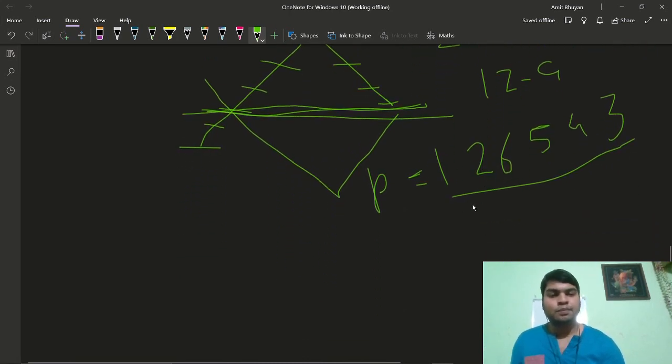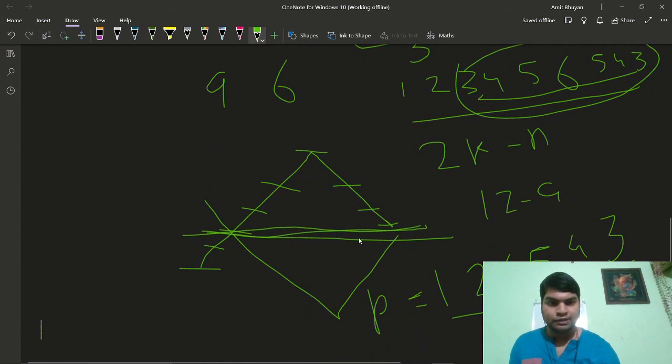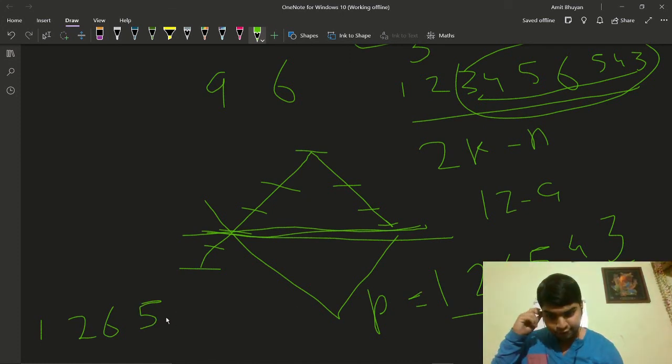See, let's form B from this. B will be P of 1 is 1, P of 2 is 2, P of 3 is 6, P of 4 is 5, P of 5 is 4, P of 6 is 3.